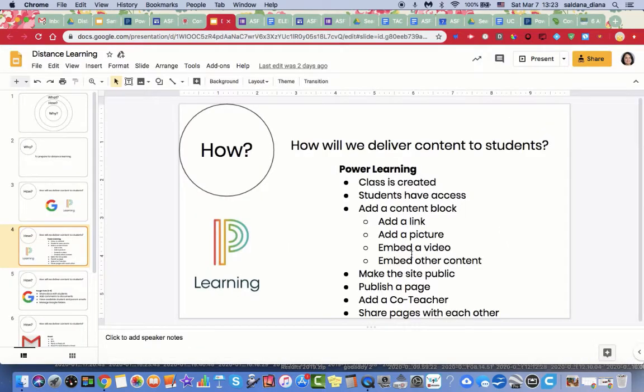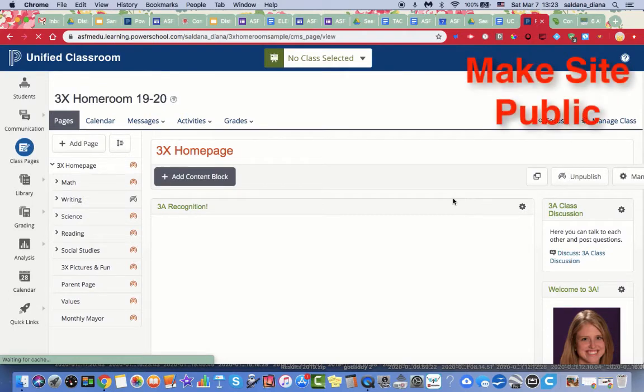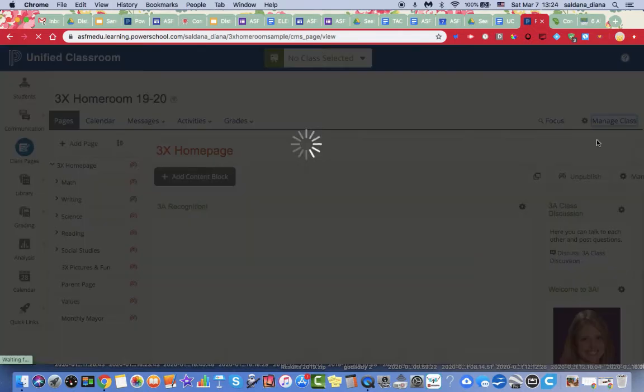And okay, the next is to make the site public. This is very important because, especially for parents to have access to your class page, if they're not logged in, or they haven't created their account, or they haven't linked their students or their kids, they won't be able to see anything. So a quick way to work around this is to go to Manage Class Settings,